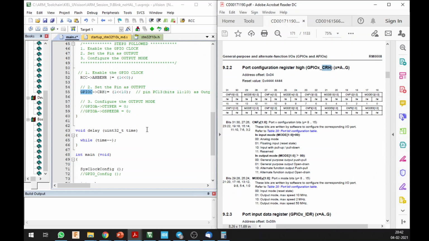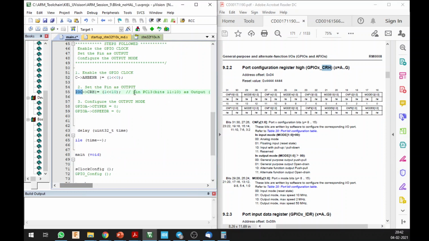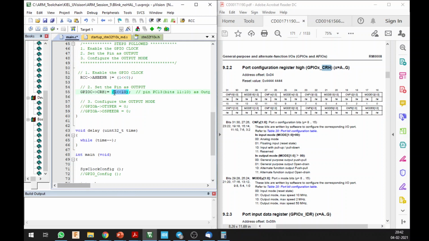Okay, so inside this I am going to set my PC13 bits, and I am doing a bit shift of 10 and ORing it with this. So bit shift 10 is basically going to set 1 in the 11th position, sorry, in your 9th position. It's starting at 0, so it's going to set it at the 9th position. Okay, so after you do that, I am going to OR it with the value of the data in my CRH. And what is there at my 9th position?